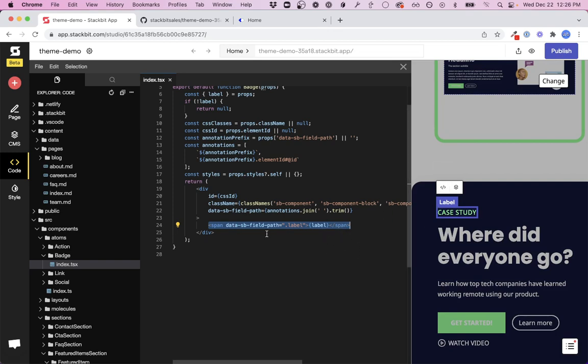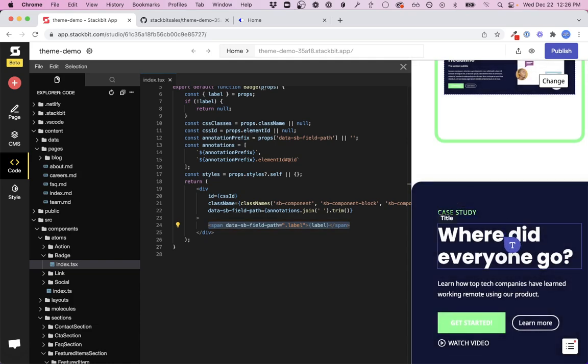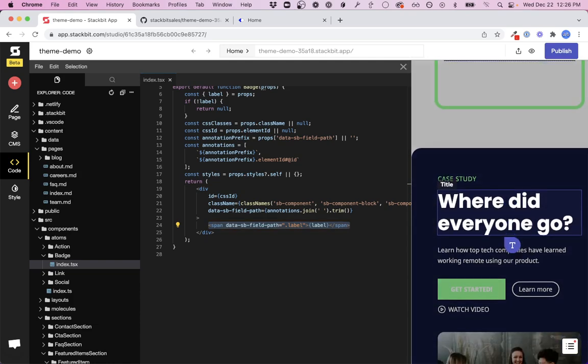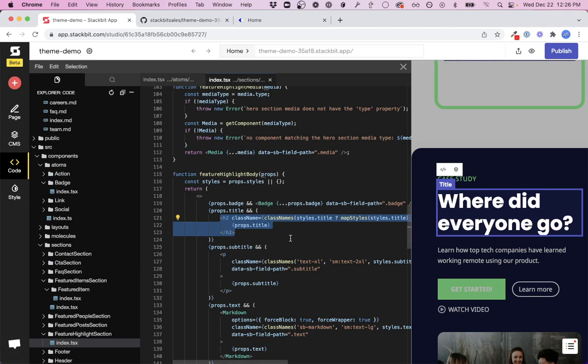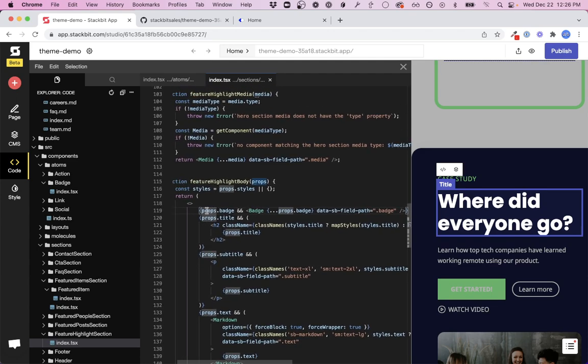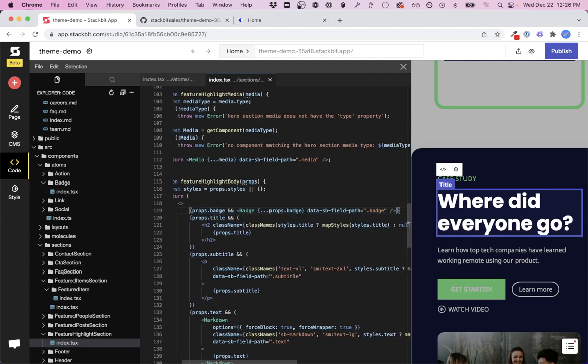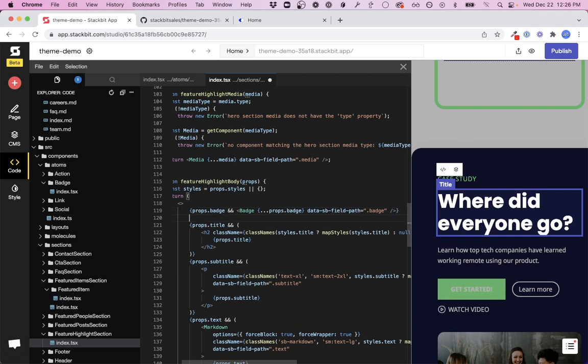So I go, okay, I am not going to want to do this one because I don't want this to change the label everywhere. I just wanted to change it within the feature highlights component. So let's grab the field beneath it. If I click on that, here I can see here's where the badge is itself, right? So now what I'm going to do, instead of bringing in this props.badge, is create a field,